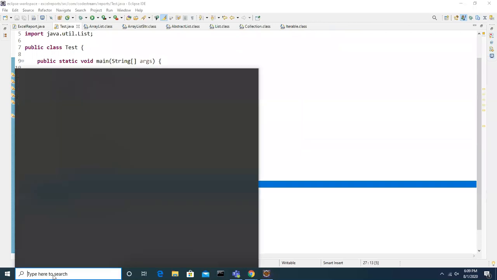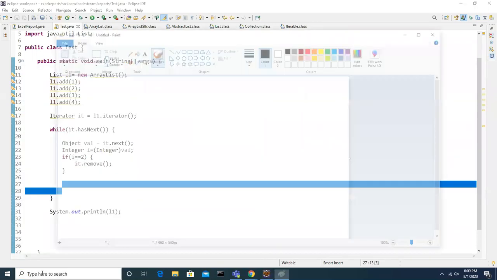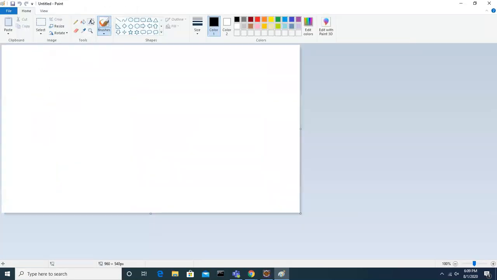Let's move to the concept called LinkedList, guys. So what is LinkedList?